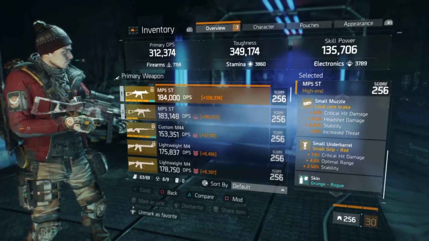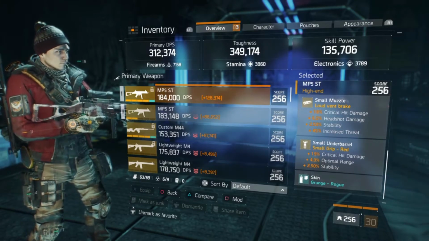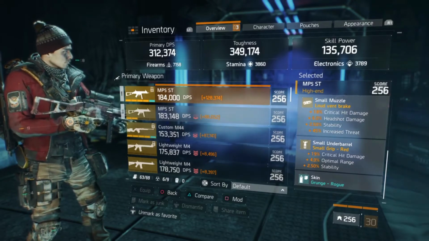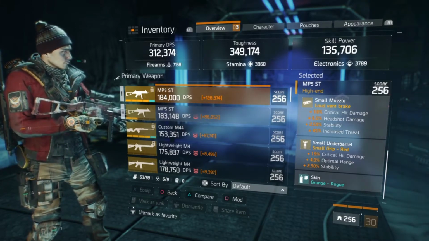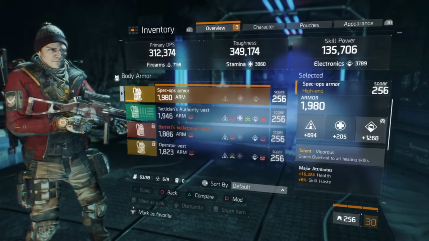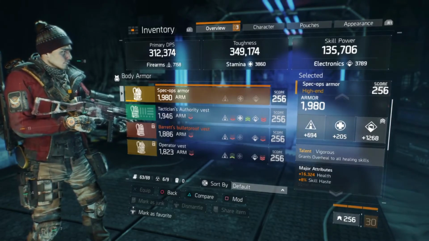This is kind of the best one I have, just because I get the 6% headshot damage. And on my grip as well, critical hit damage. I just kind of try to smash a fair bit of critical hit damage, because I don't have deadly on my gun talents. So yeah, for my chest piece, as I was saying, I've got it rolled to electronics